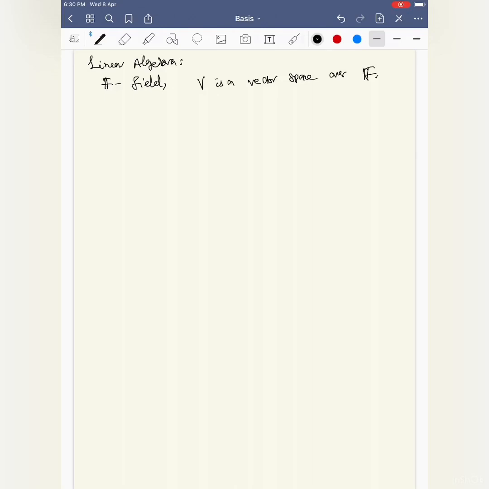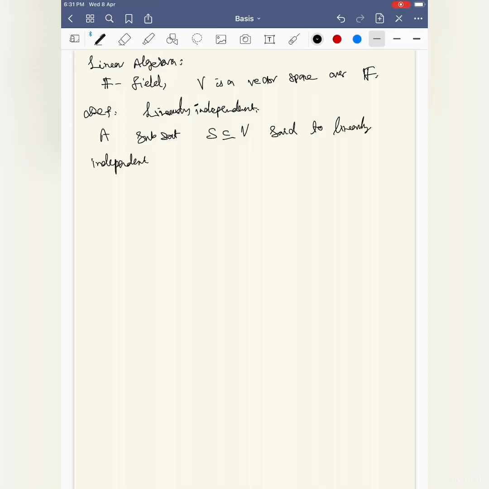Okay, now let's start with the definition slowly. Linear independence. What do you mean by linearly independent? I have a subset S contained in V. I did not say it is empty or nonempty. So, S is said to be linearly independent if